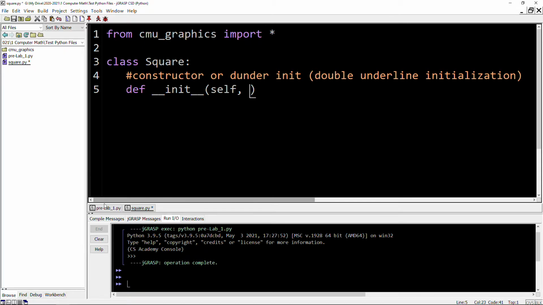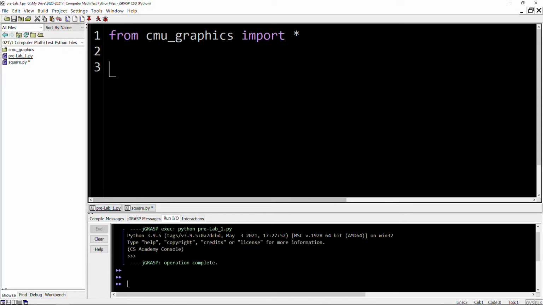I'll explain this later as well. But keep in mind, when we go back to Prelab 1, we're trying to say, hey, I want to make an object, let's call it box1, and I want to make it a square so that when I type this in, it's going to put it at 200, 200. The center of the square will be at 200, 200. And then its size or length and width should be 50. This is what we want. This is kind of like the goal, right?